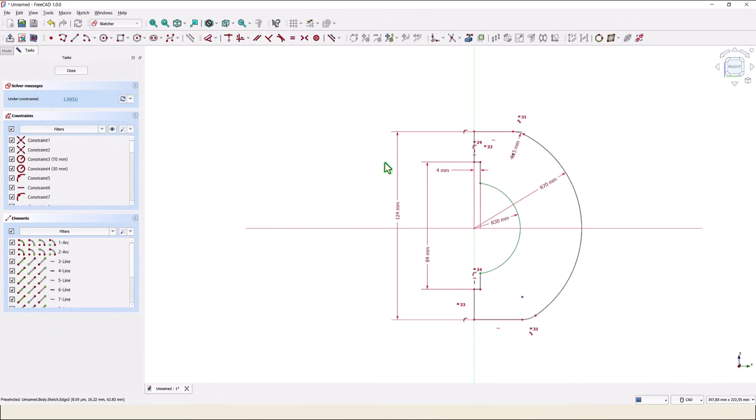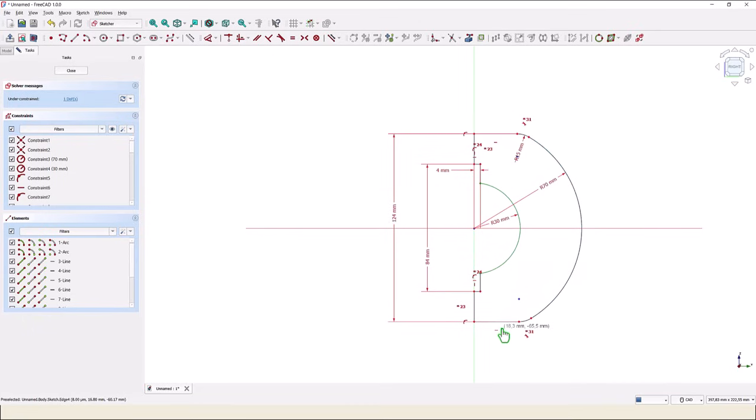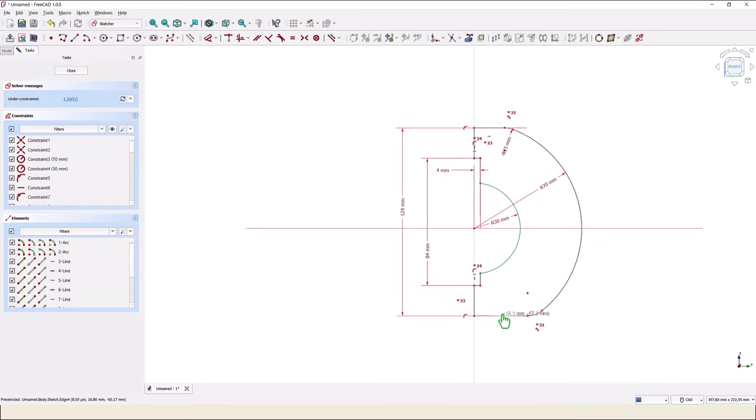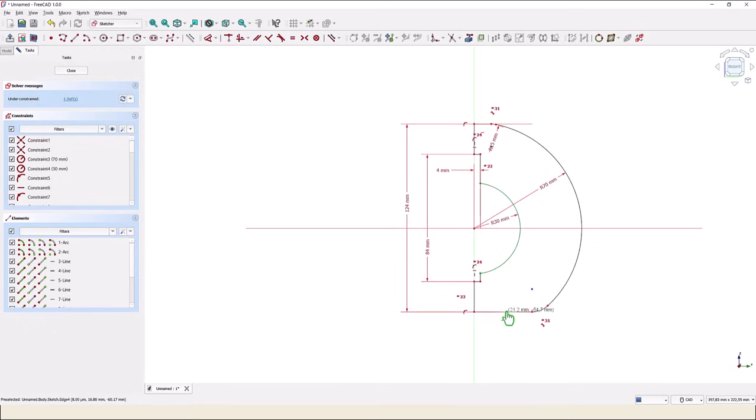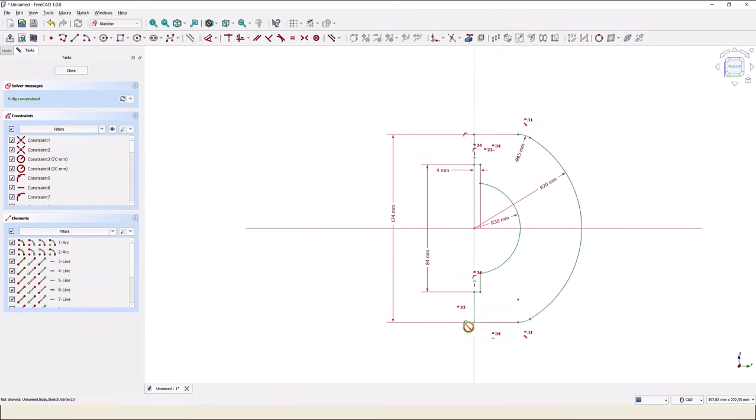One degree of freedom is where? This is not. Oh, these two are equal as well. Equal this with this. Good. Now we have